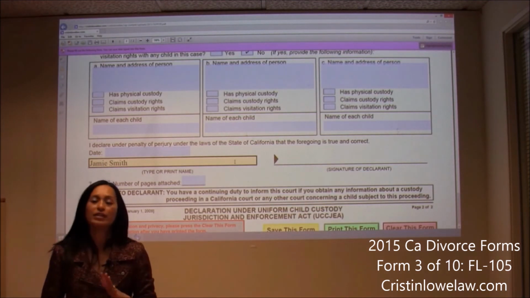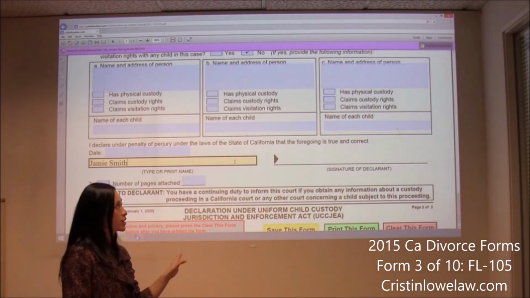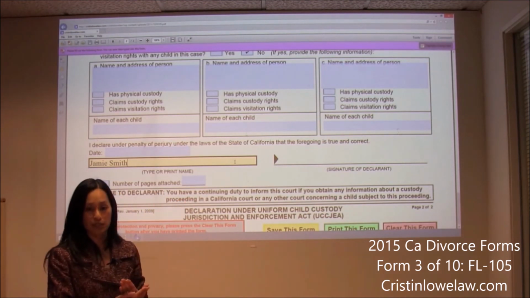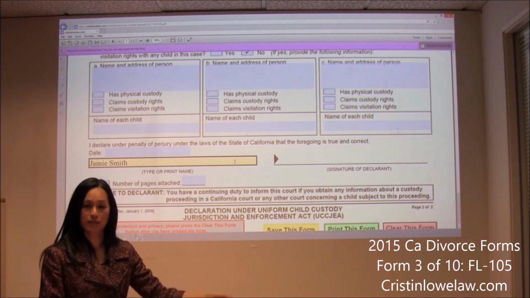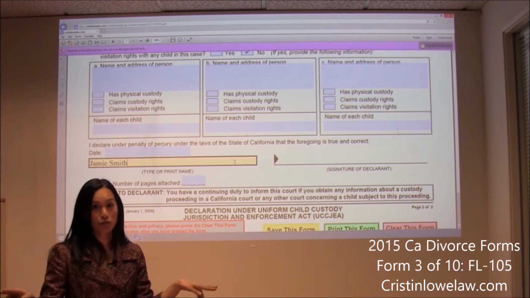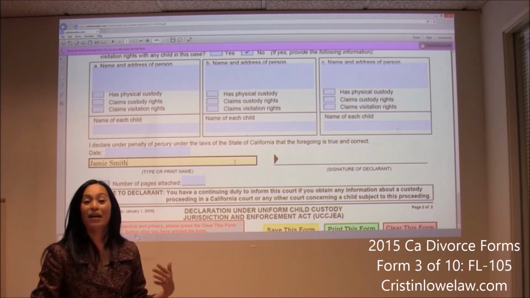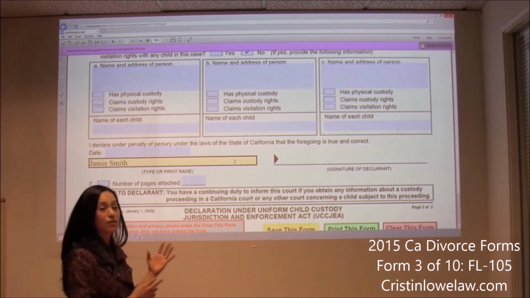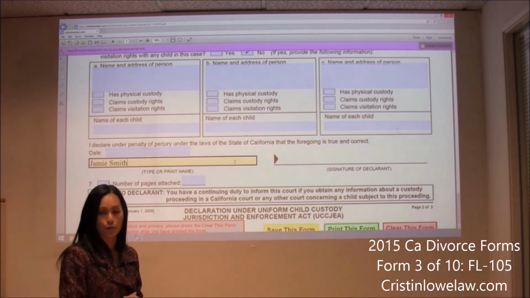Now this is where you're going to need a little bit of knowledge over your particular courthouse. Contra Costa County, for example, requires this document to be attached to your petition. So we did your petition earlier, that's the FL-100. Other counties, for example, Solano County, want them to be 2 separate documents. So every county is just a little bit different. Alameda County doesn't care. You can put it all together, you can leave it separate, they don't care. But that's definitely a county-specific thing, so you'll want to make sure you know how to bring your papers to the courthouse.